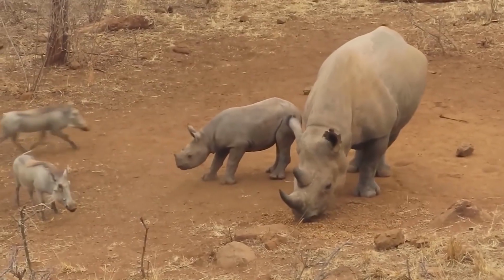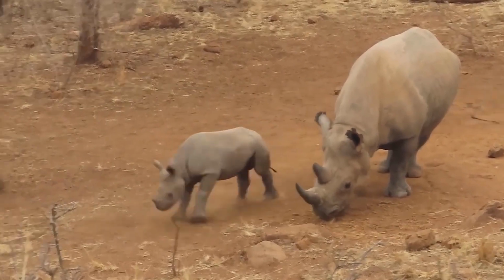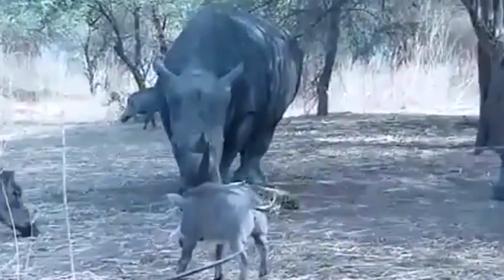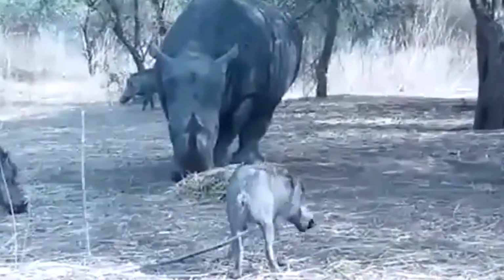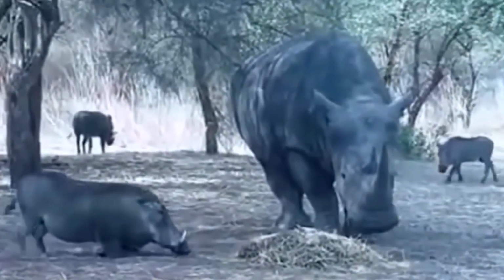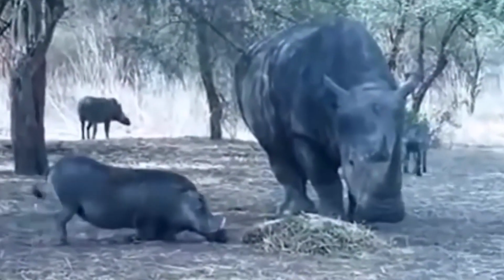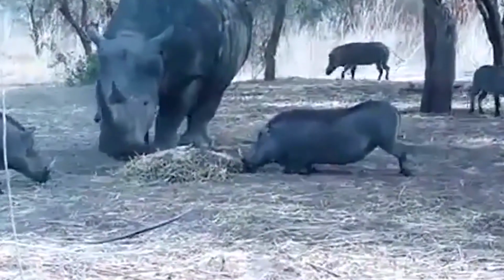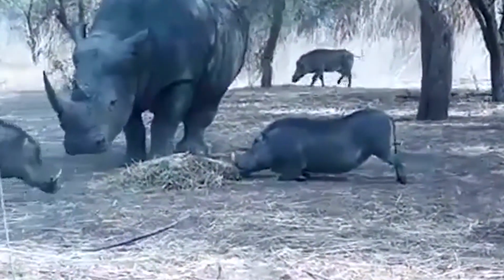Number 8. Rhino versus warthog. Rhinos are usually peaceful unless they're provoked, and I don't know what these warthogs are trying to do, but it looks like they're taunting this rhino. I would be extremely careful if I were them because they don't want to upset this beast of an animal. The rhino doesn't feel threatened, but it's probably annoyed, and if that's the case, something is bound to happen that